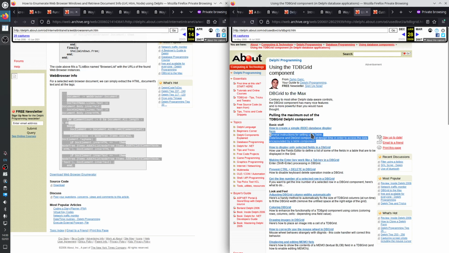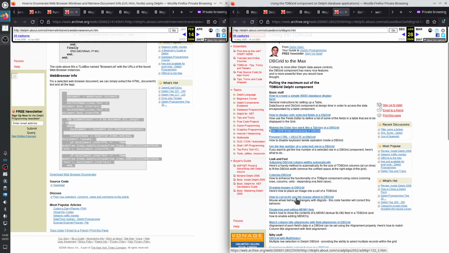We always used ADO, so ADO, never BDE. Fields editor, dbgrid. Coloring a dbgrid. Memo fields of type blob.